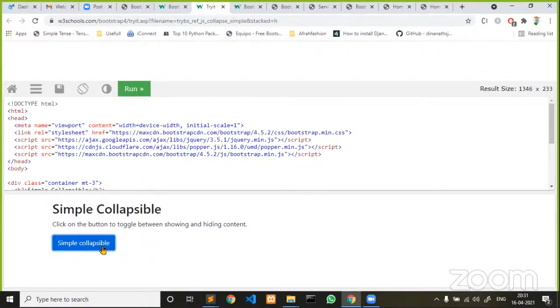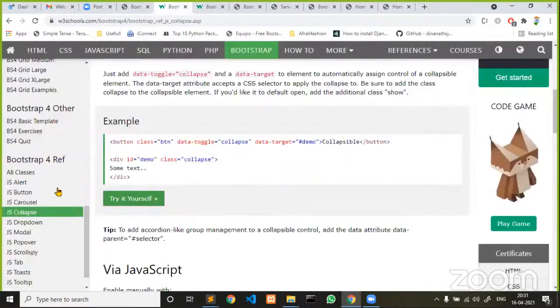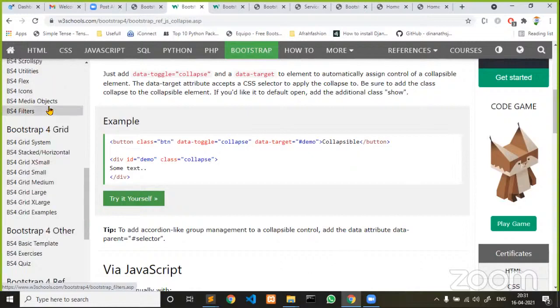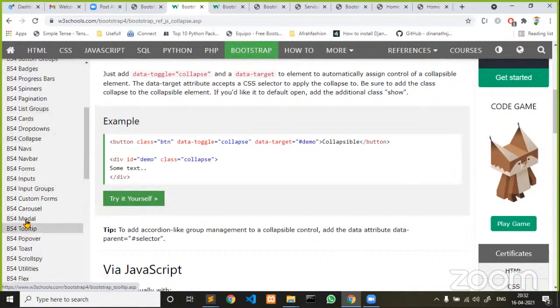Instead of writing from the scratch, Bootstrap has a ready-made bunch of CSS and JavaScript. Kindly use them and complete it, close it. Like that, Bootstrap also has a lot of modal pop-ups, and this is using JavaScript. You can also load modal pop-ups without JavaScript. All the components which are there in Bootstrap, those components can be triggered using JavaScript or using HTML. Both the ways you will be able to trigger.